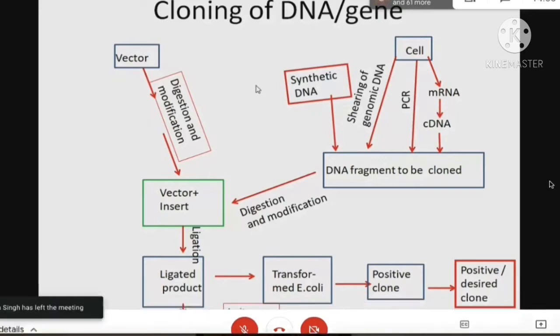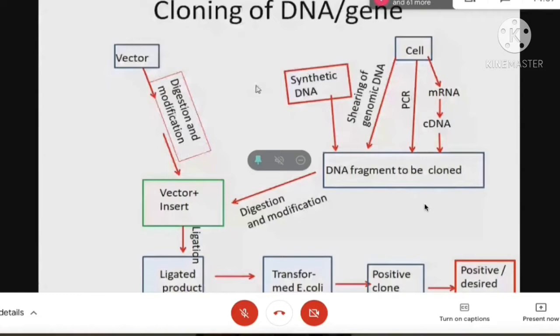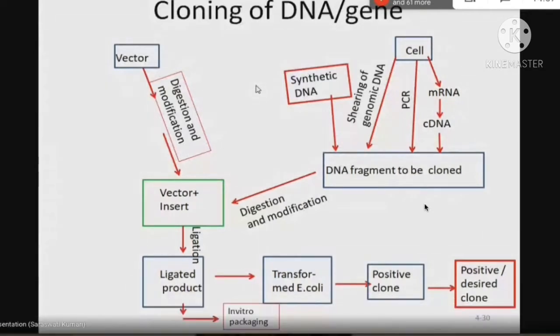So you are asking whether we can do double digestion without PCR? You can do that, but then you will have to isolate several plasmids from different colonies, and then you will digest and check. So it's a difficult process because you have to culture it, then isolate plasmid, and then do digestion.